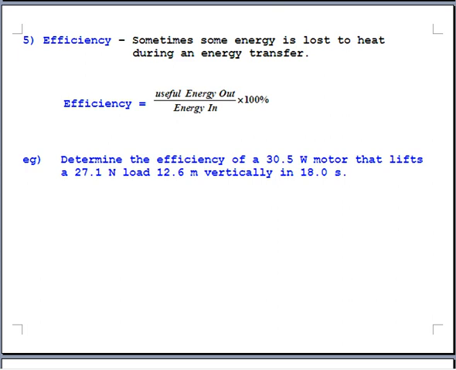Determine the efficiency of a 30.5 watt motor that lifts a 27.1 Newton load, 12.6 meters vertically in 18 seconds. Hopefully as you read that, you're looking and going, hey, I see a word that's going to help me. We are lifting something, and even vertically it says. So what kind of energy out are we talking about? Well, the energy out, we're lifting something, that's going to be potential energy, MGH. So if we go run the equation,